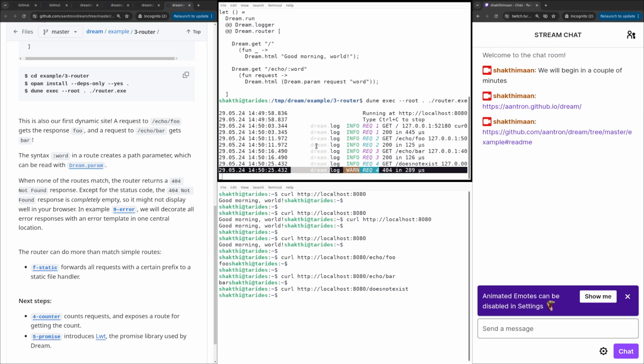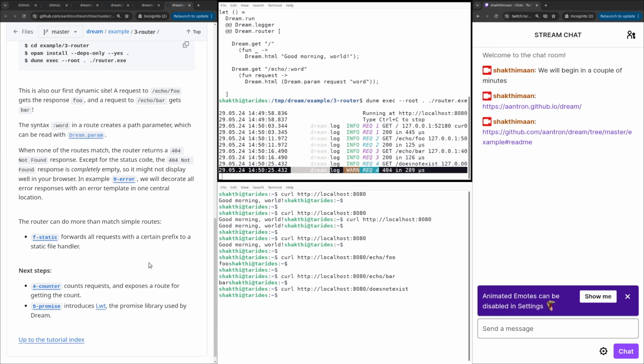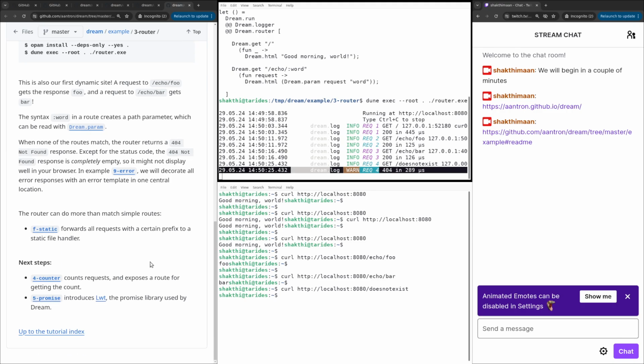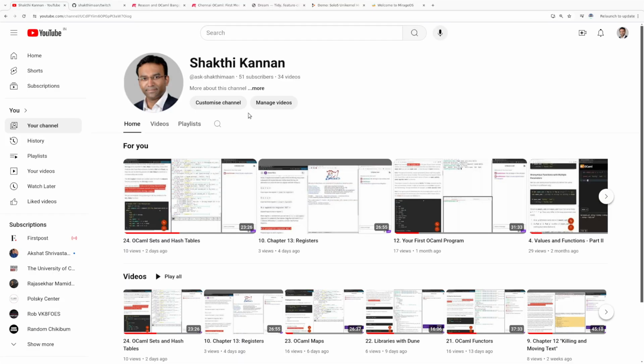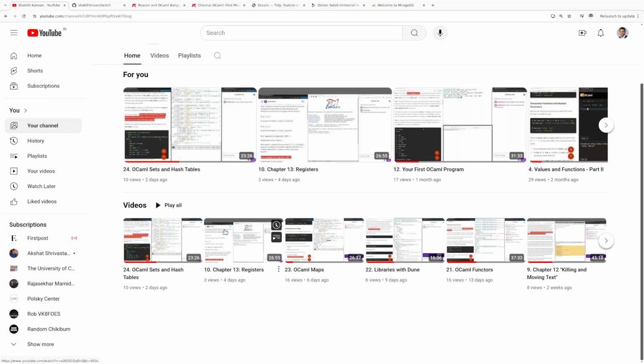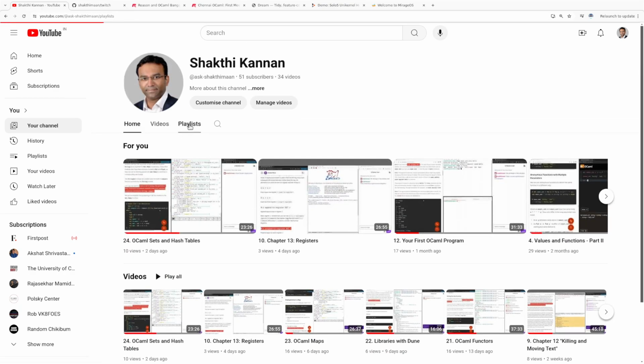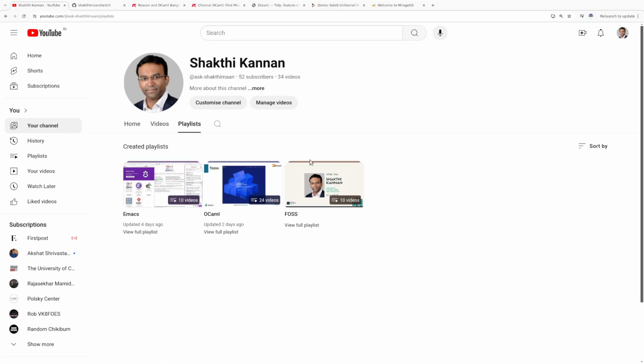Okay. So let's stop here. This is a very short tutorial on cloning the Dream project, making sure you install the dependencies. I would suggest you go through the opam setup video in my playlist, if you have not already set up the opam switch,